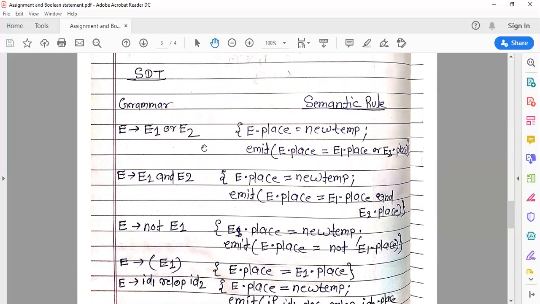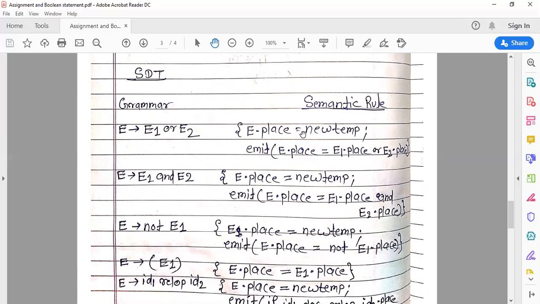So for E derives E1 or E2, the semantic rule for this grammar is e dot place is equal to new temp, semicolon, and emit e dot place is equal to e1 dot place or e2 dot place.